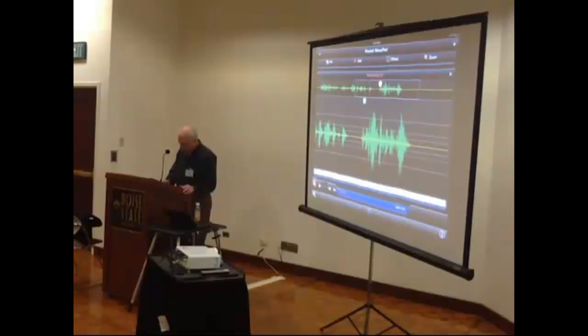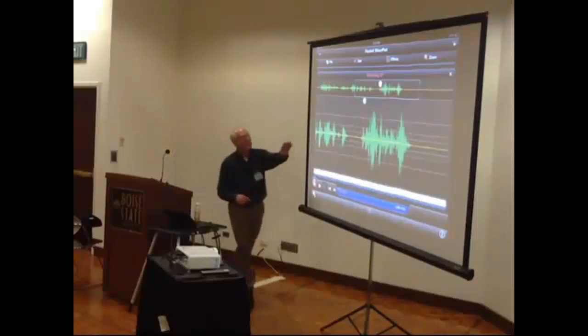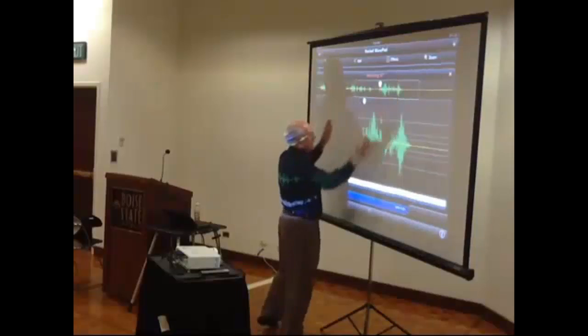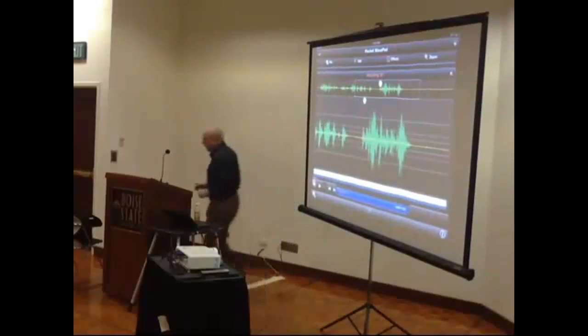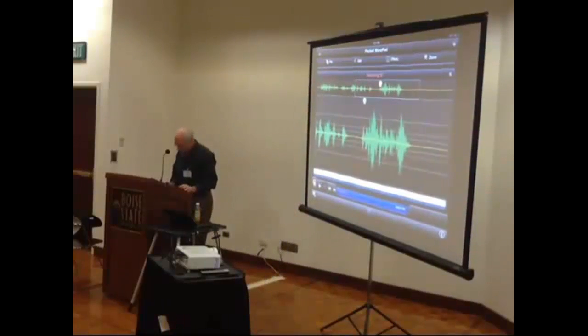By the way, you see the window up on the top there? That shows you the zoomed in portion. Is that making sense? This right here is the window I'm looking at down here. Okay, so I'm going to move this right there. I'm not sure if that's it. So we're going to listen to that. Well, we know that's part of what I want to get rid of.